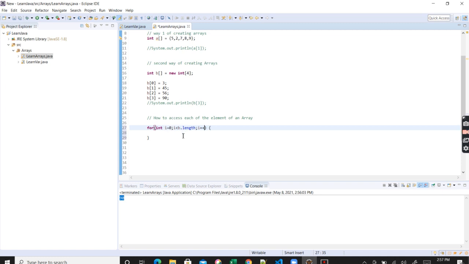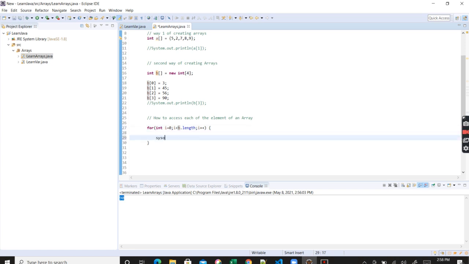So what this is saying is, first we define i as 0, and then we go into the loop. When i is 0, it will check whether i is less than the length. The length of this b is 4. But why am I using less than? Because I just want to go from 0 to 3, because the length is 4, so the last index would be 3. If I say equal to, I will get an exception when I get to the last element.